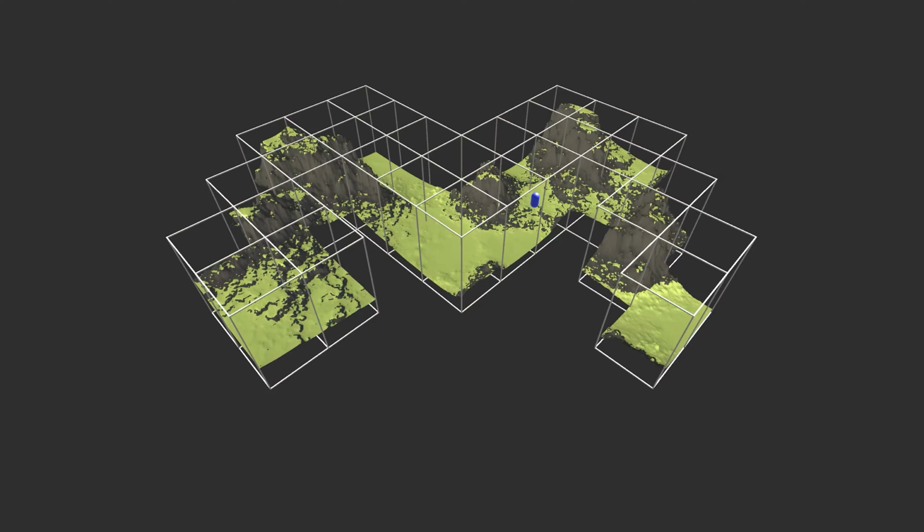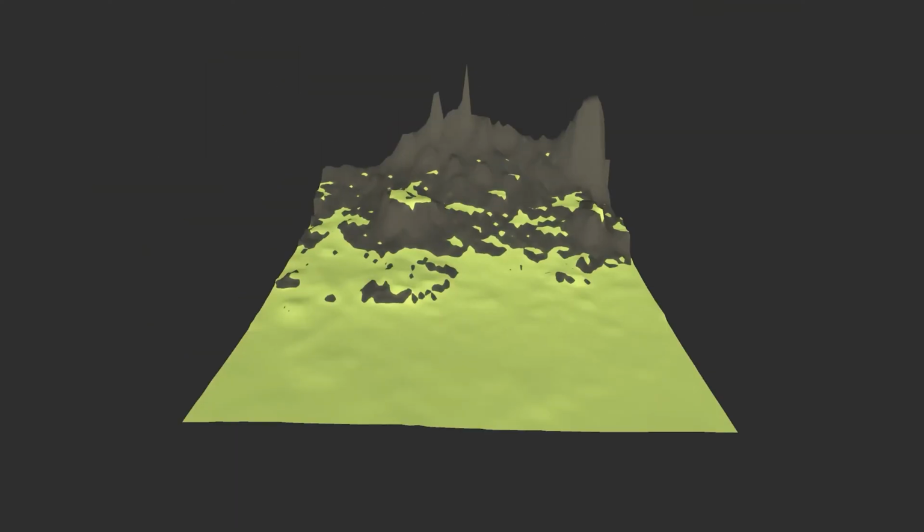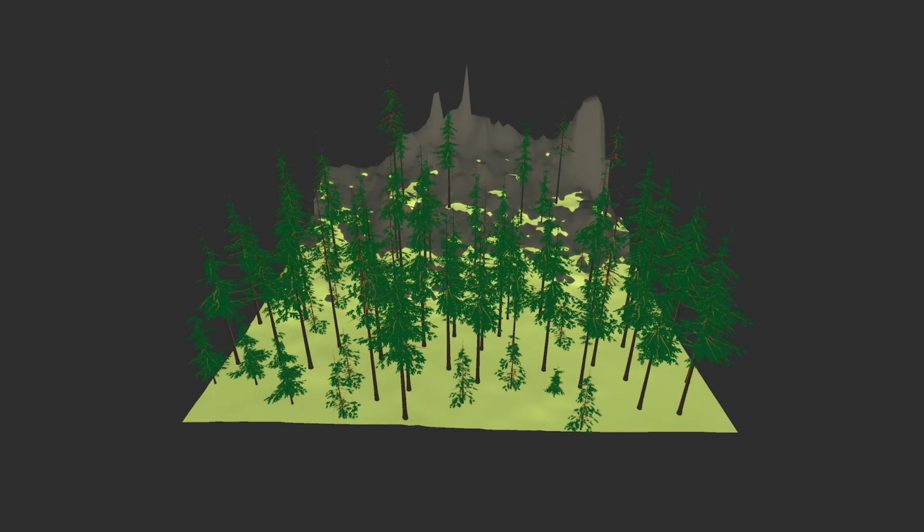Each streamable cell in S.A.M can make use of one or more asset chunks, which are the actual assets that are loaded and unloaded when a cell is loaded and unloaded. An asset chunk may consist of a single asset, such as the terrain assets seen here, or it may consist of tens or hundreds of individual assets to form a more complex asset chunk, like the forest area that has just appeared. In truth, the forest area is actually 10 different asset chunks, all of which belong to the same